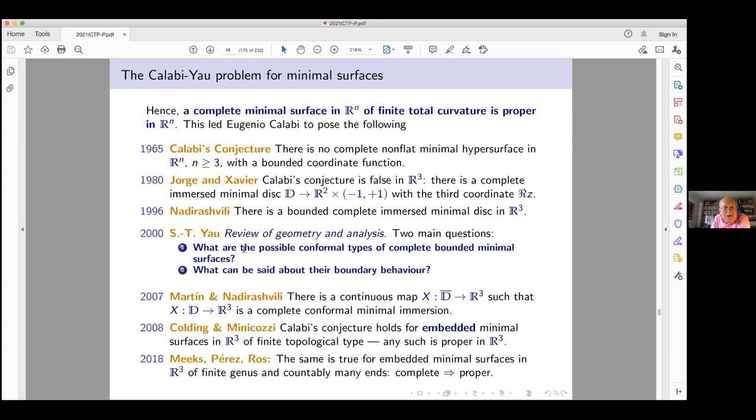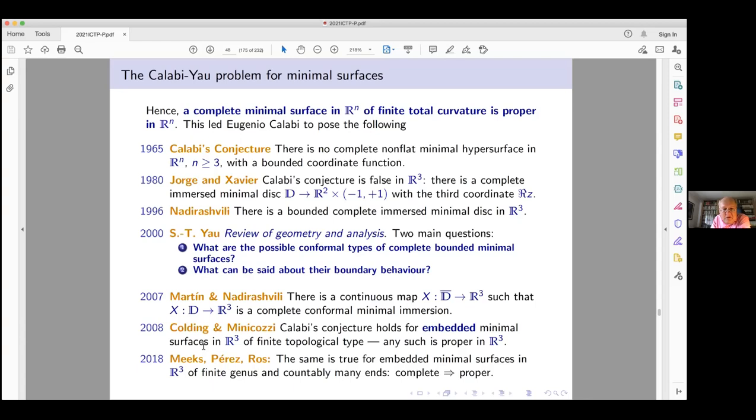So for example, he asked, what are the possible conformal types of such surfaces? So here we have the disk. Do we have other surfaces? What can be said about their boundary behavior? Can the boundary behavior be somewhat nice? Like, can you have Jordan curves, for instance, as the boundary? Then this motivated people to make a string of further results,